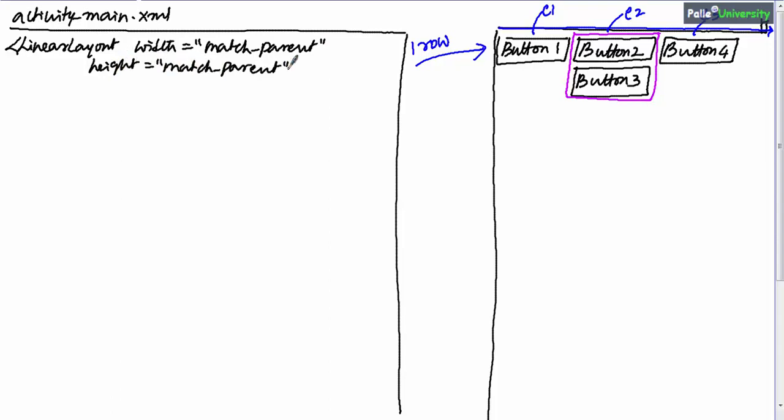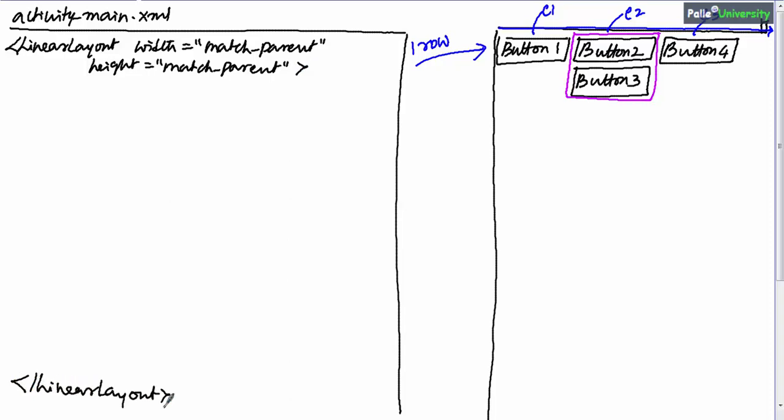Remember, the blind rule is mostly for the root element, both width will be match parent and height will also be match parent. Since the root element is horizontal linear layout, we don't have to specify orientation property. So I will close this linear layout. Let me close that linear layout here.